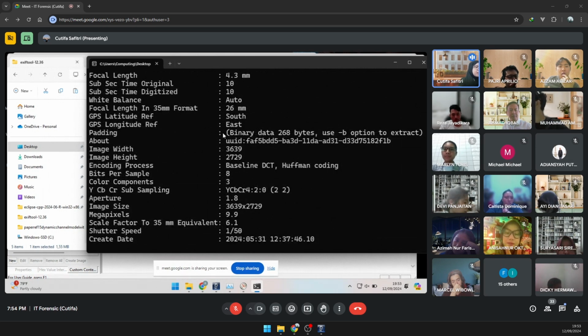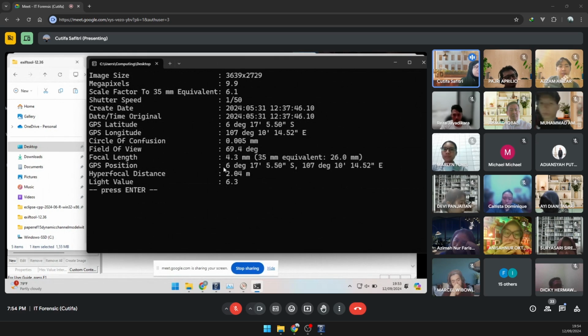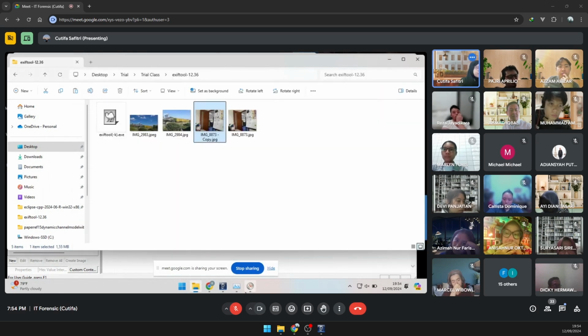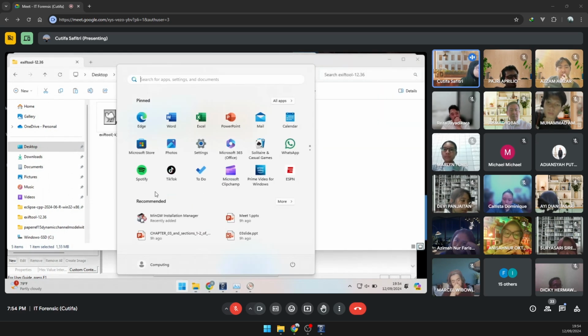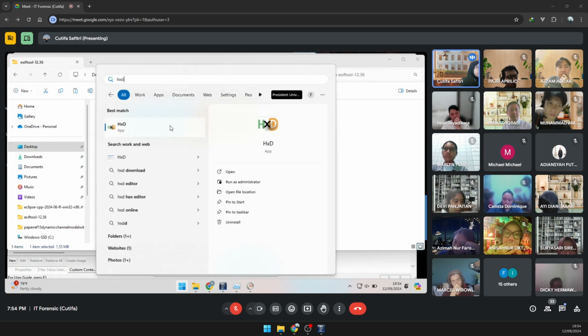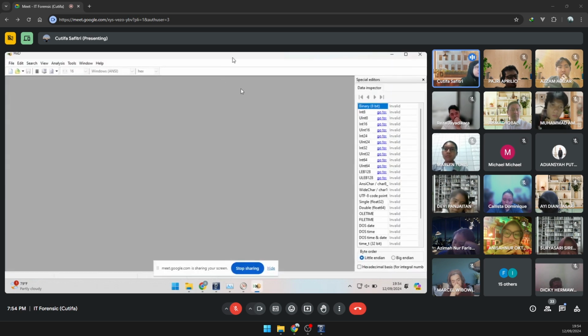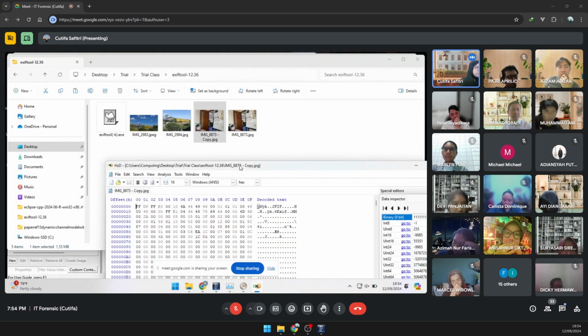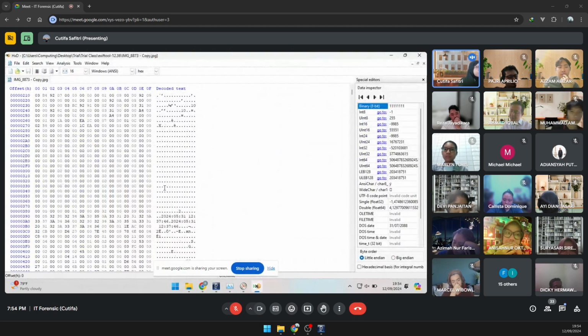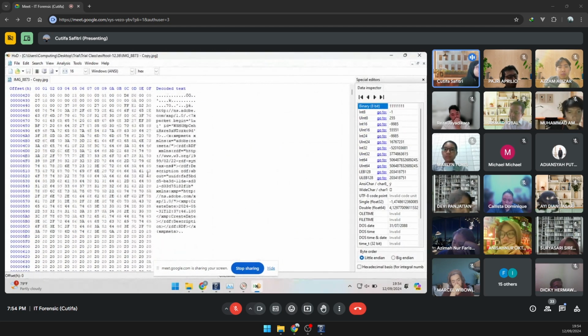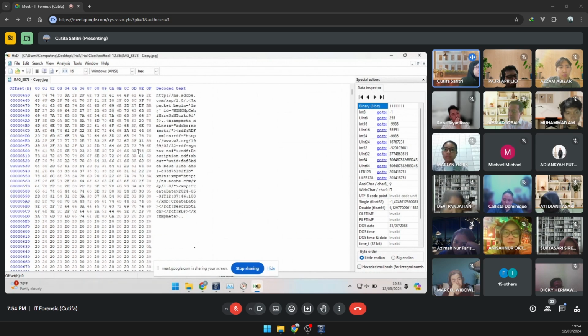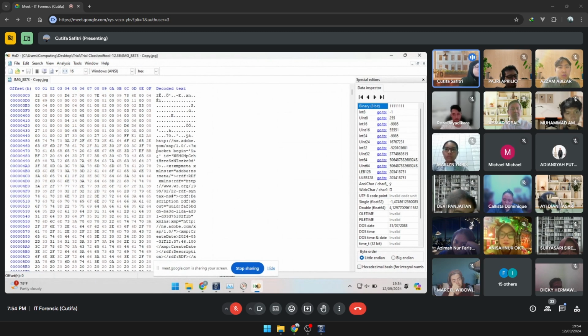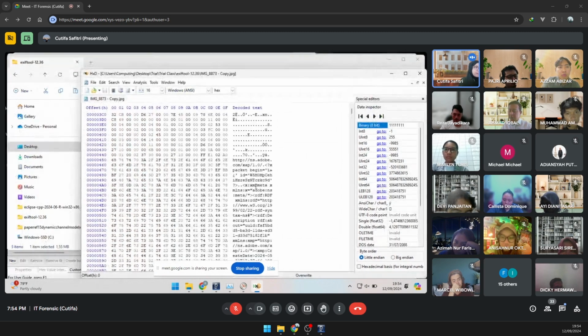And then I have the GPS information still persisting, and then we could use HxD again, and drag and drop this image, and if you search patiently, you will find information that some modification has been done. I'm not sure if we are using a normal photo editing tool, right?